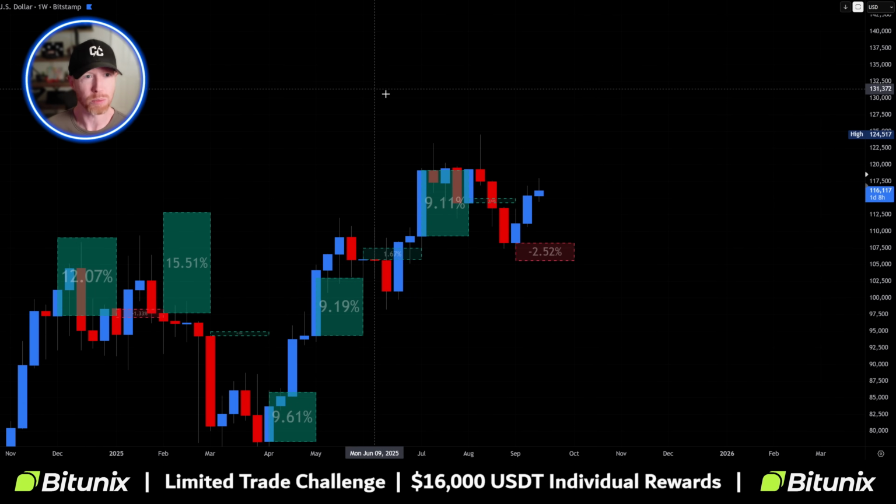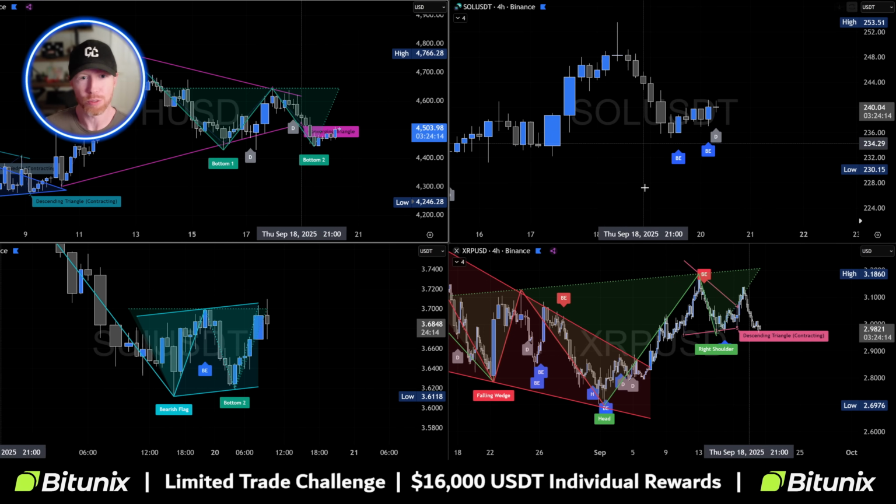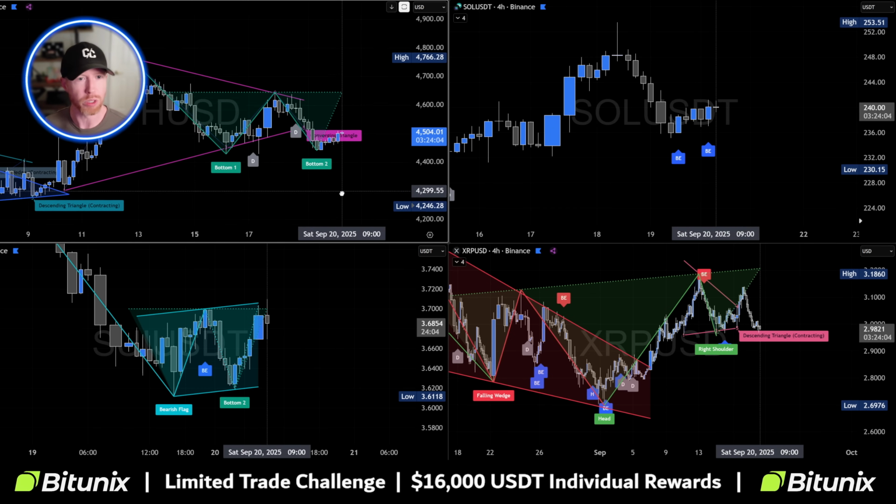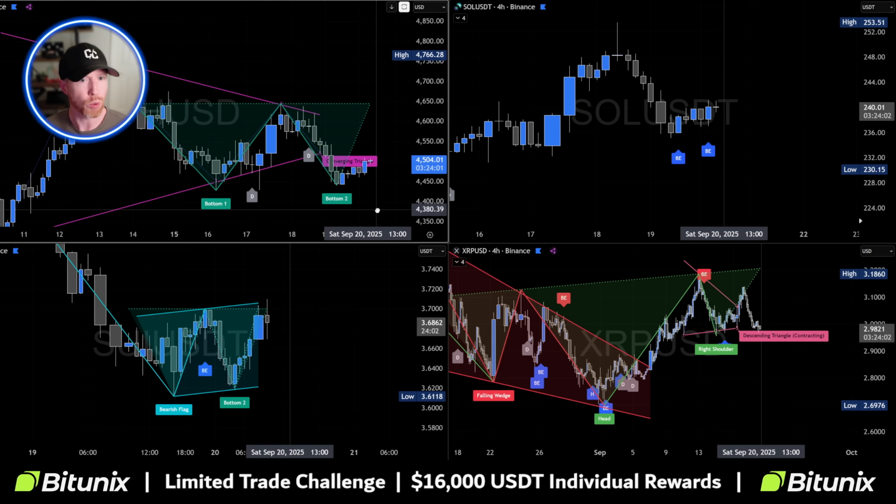So just to give you some perspective, that's roughly what we're looking at there for the year over year. To touch on some overviews here for some altcoins, just to quickly address some patterns here. Now, this may seem a little chaotic, but roll with me here. First of all, the top left-hand corner, we have Ethereum.